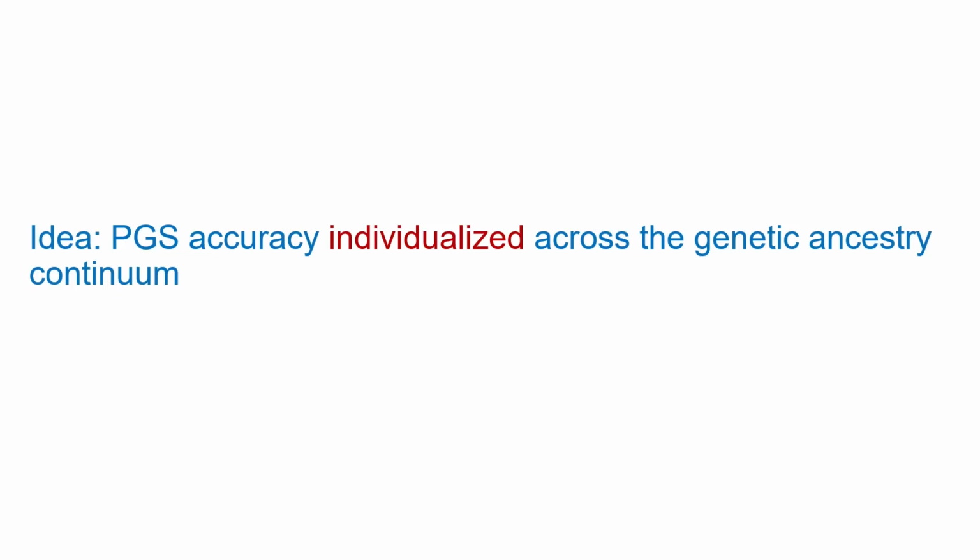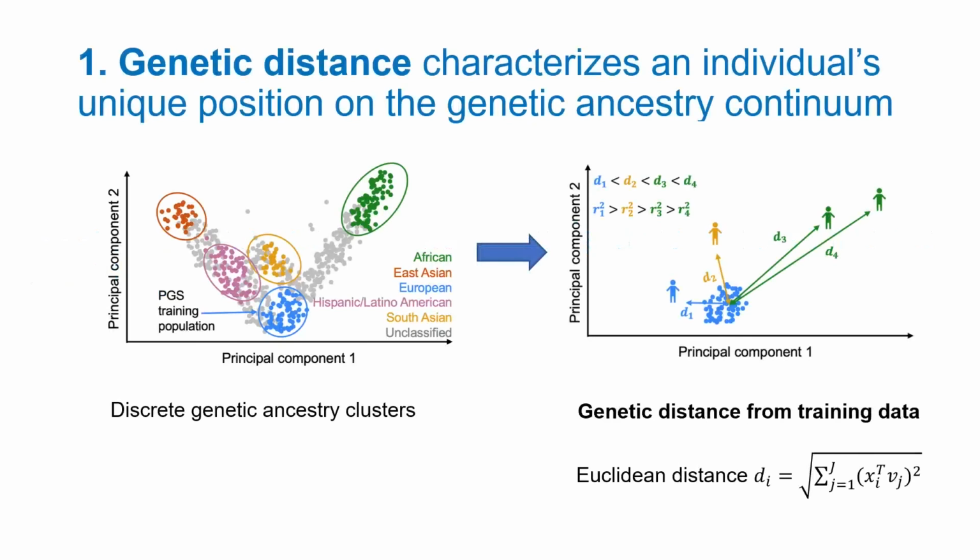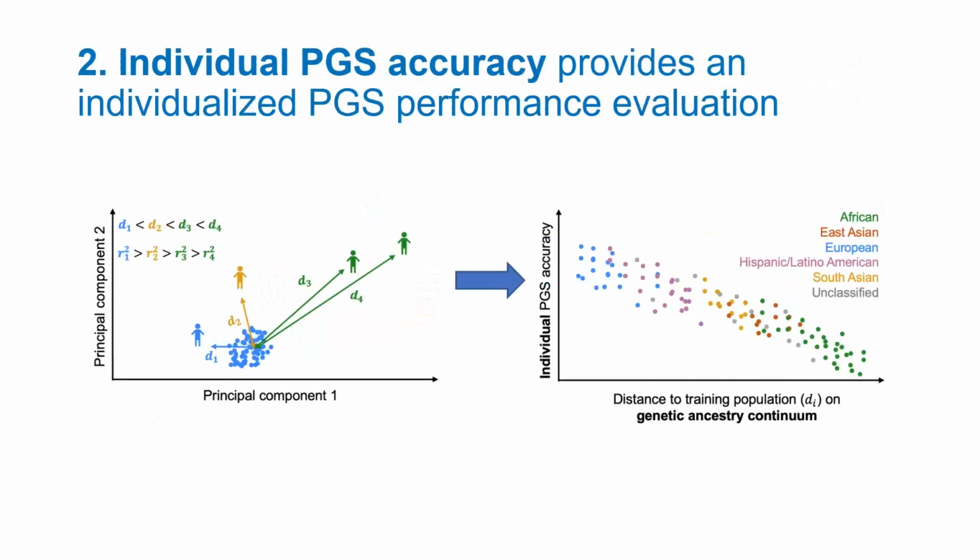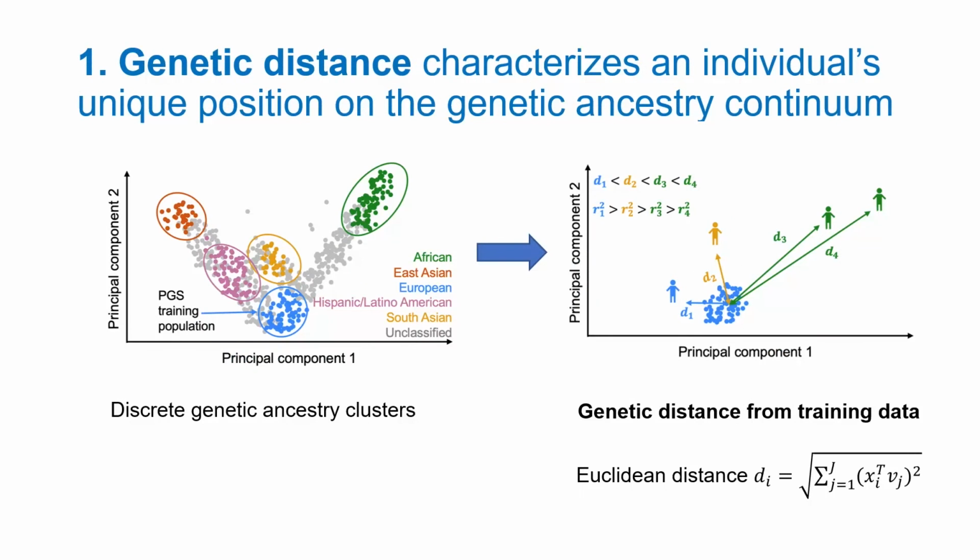So our idea is to try to incorporate what we call the genetic ancestry continuum, and to come up with an individual-based measure of accuracy. We take the clustering approach with these labeled individuals and move it to a way where we can assign a distance for a given individual as farther away from the training data. In terms of distance, we look at the Euclidean distance in PCA space, but believe me, we tried a bunch of things. Everything I'm going to say today is insensitive to the choice of distance, but there are very interesting things about how you weight these PCs.